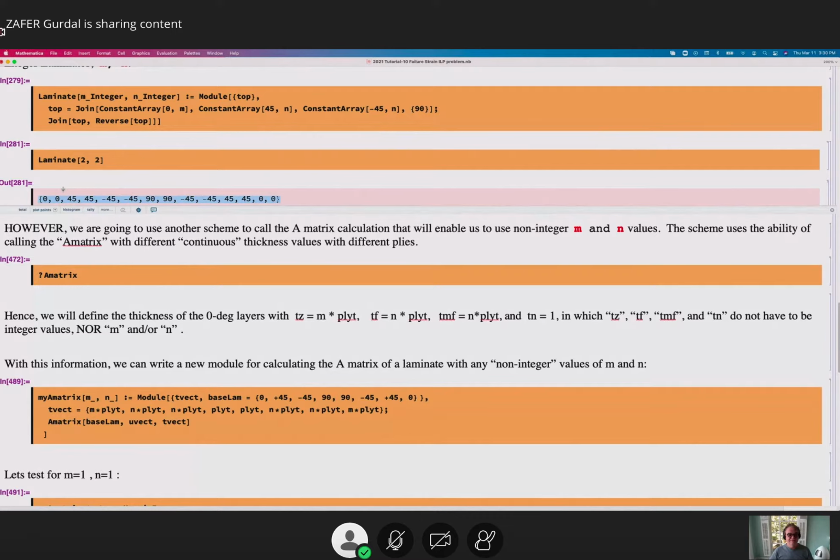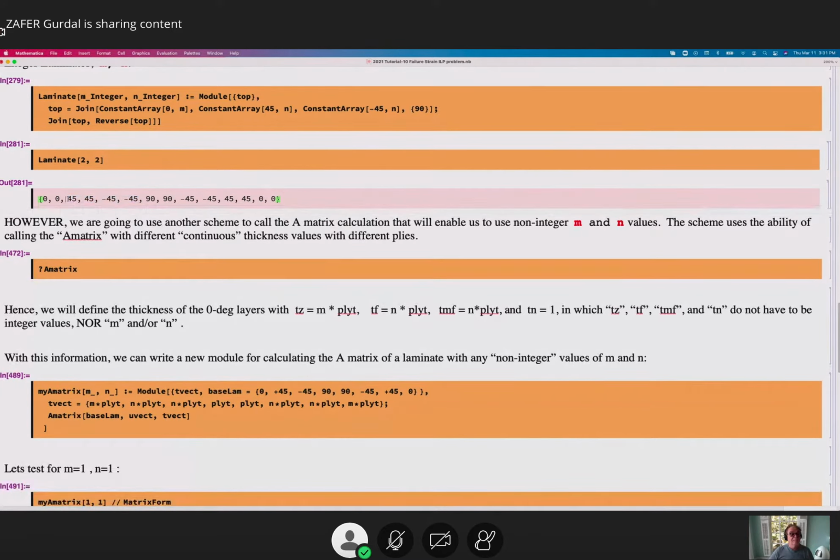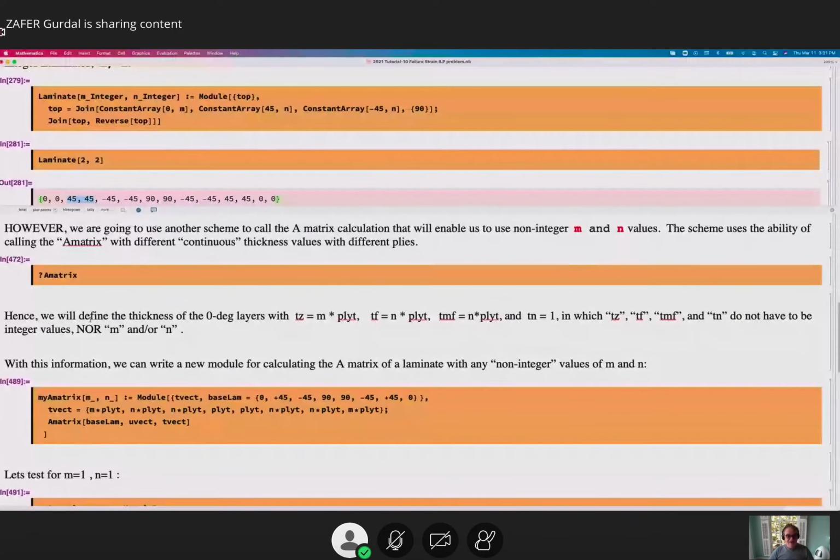laminate. Okay? But I know for a fact that my A matrix computation doesn't care whether I have 4 of these distinct layers, each with single thickness, or I have a ply 45, which is 4 times as thick, single ply 45, or twice as thick to cover both of these. Okay? So my A matrix right now does require,